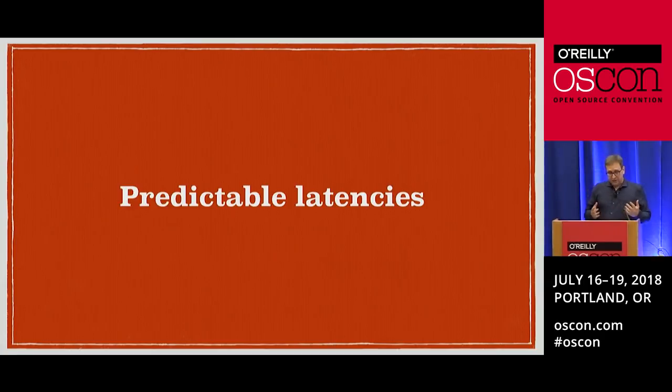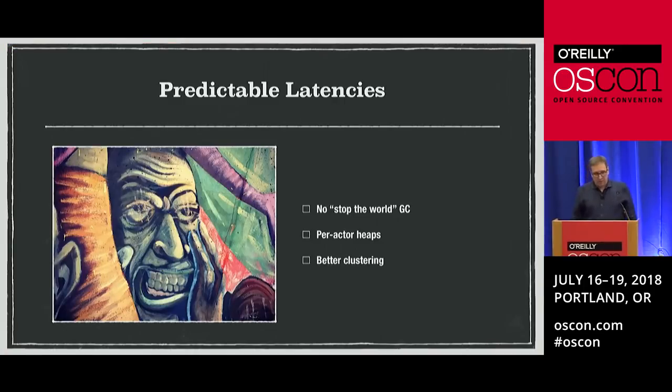All right. This was a big one when we were building Wallaroo, and Pony is great for this. Number one, if you want predictable latencies and you have a garbage collected language, and Pony is a garbage collected language, you can't have stop the world garbage collection. Stop the world garbage collection is going to ruin your latencies. Erlang is really, really, really good at this. If you're looking at other actor model type things, Akka is not really good at this, because it's on the JVM, and there are just fundamentally different strategies to how GC is done.